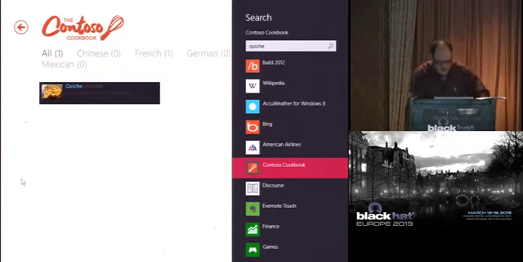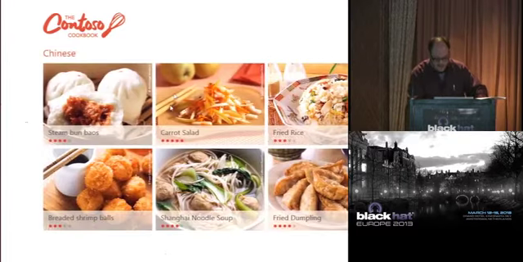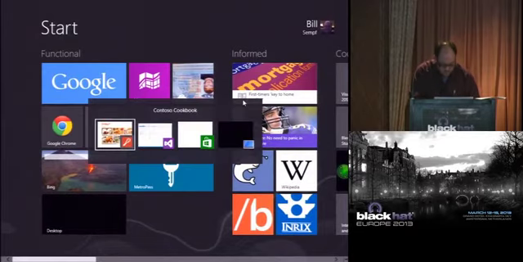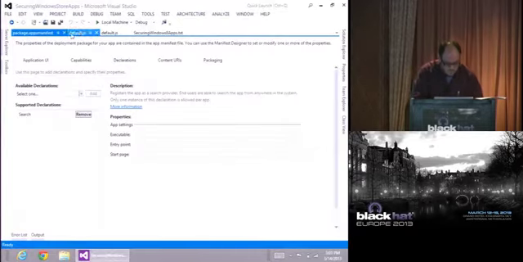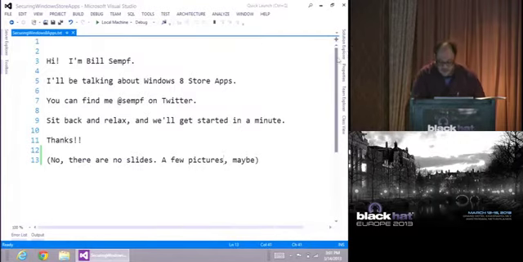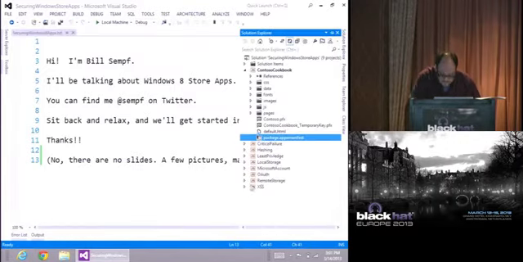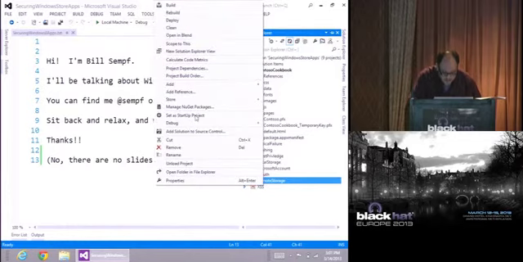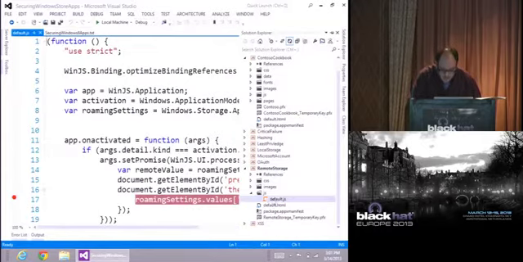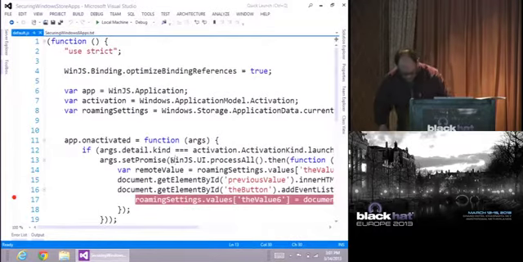All right, let's talk about storage quickly so we get through everything. So I told you can't touch the file system. And I got some raised eyebrows. So Microsoft, excuse me,